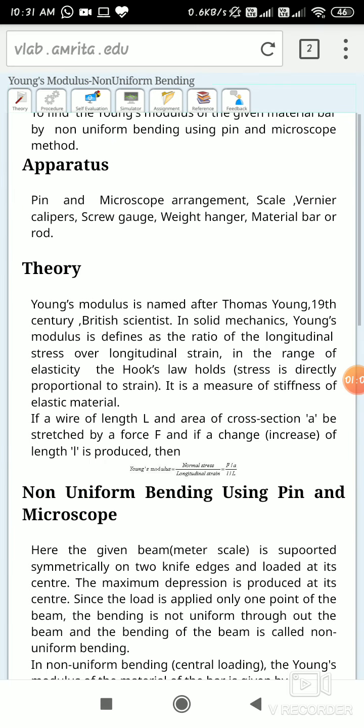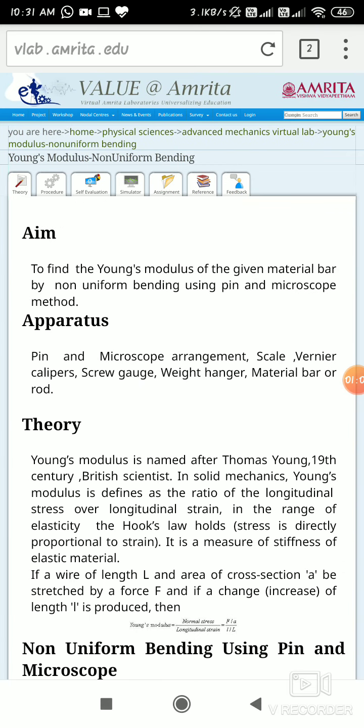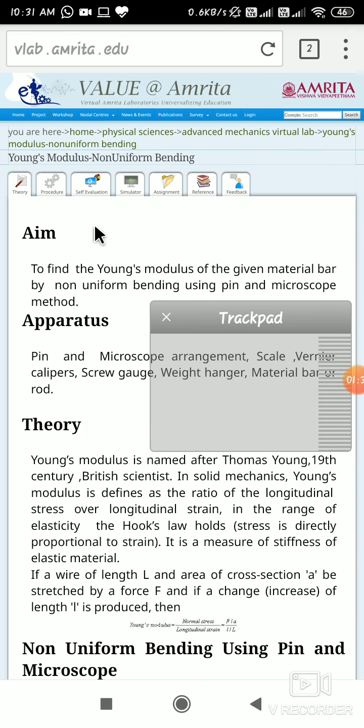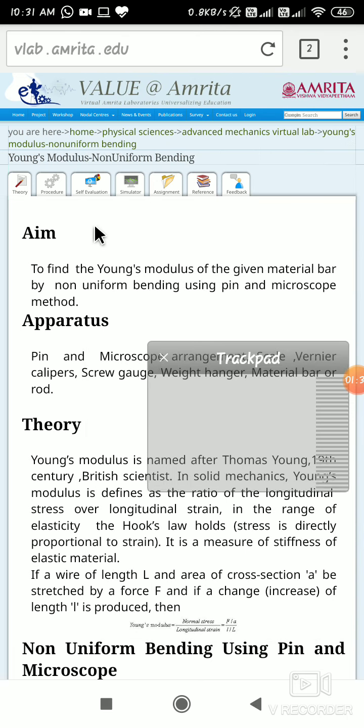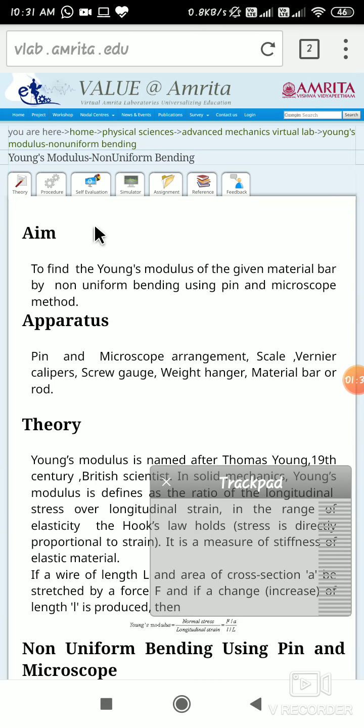So let us start. You should remember that this practical can be done in your laptop, desktop and mobile, and today I am explaining it in the mobile. So for this you have to install the Puffin app. Puffin has the inbuilt flash player, mouse, keyboard, such facilities. So I have opened this link using Puffin. Then you have to activate your mouse and you have to choose the trackpad option. This is important. So let's do it.